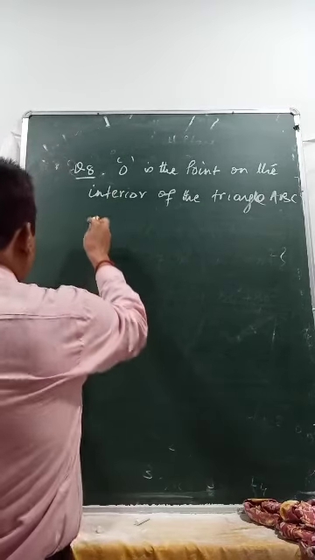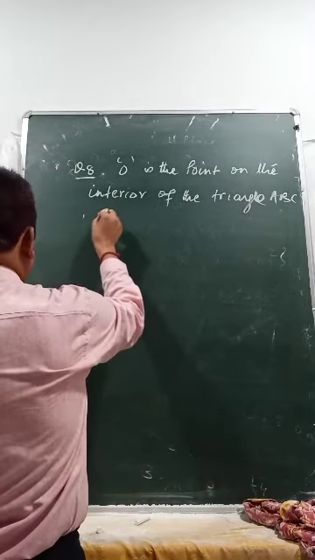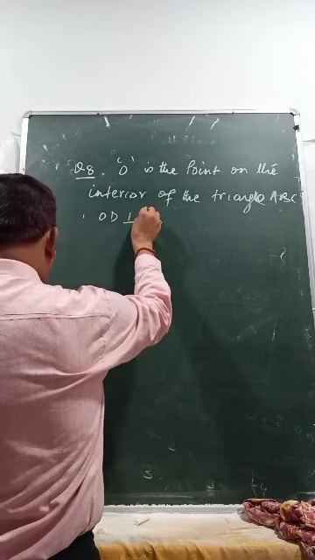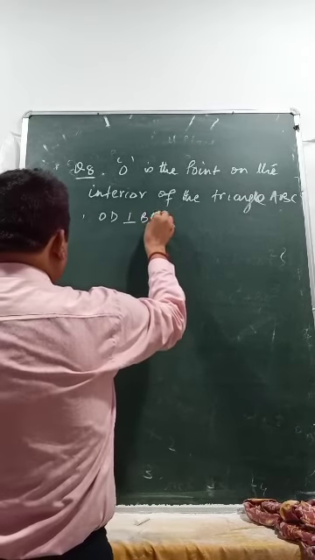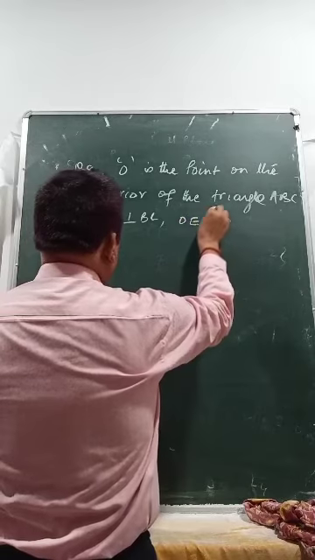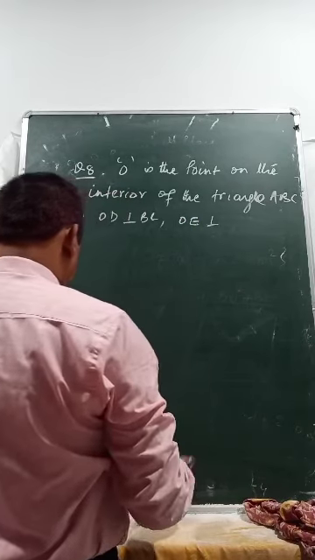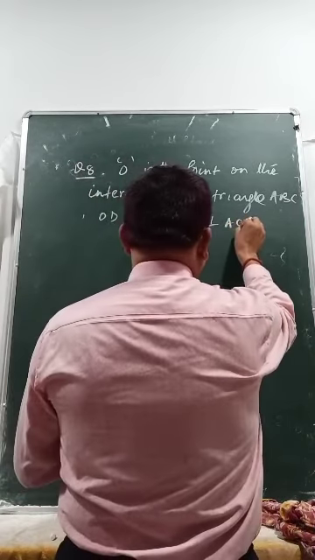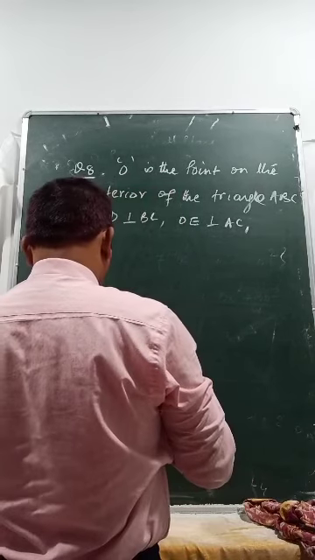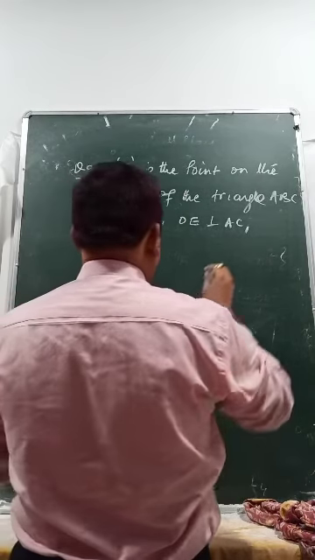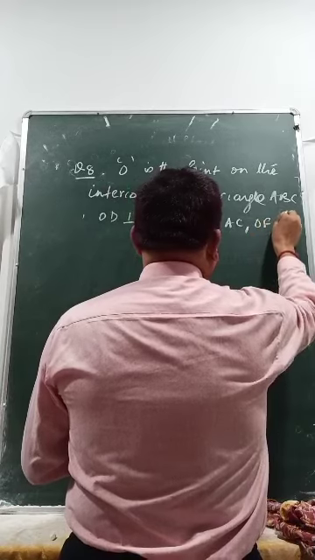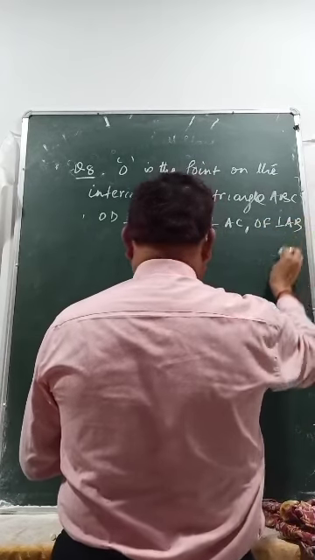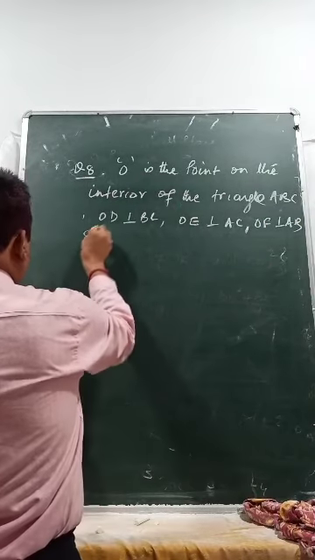OD perpendicular to BC, OE perpendicular to AC, OF perpendicular to AB. Then show that